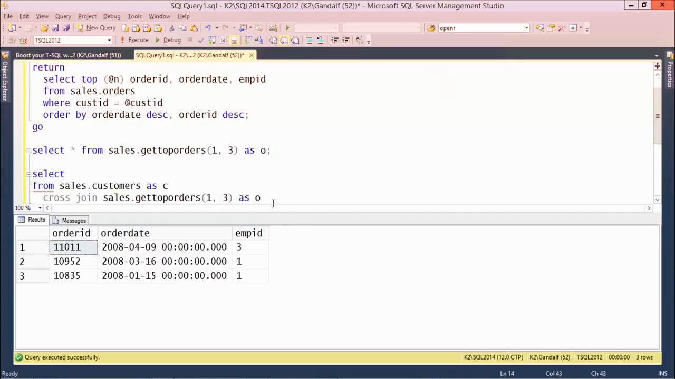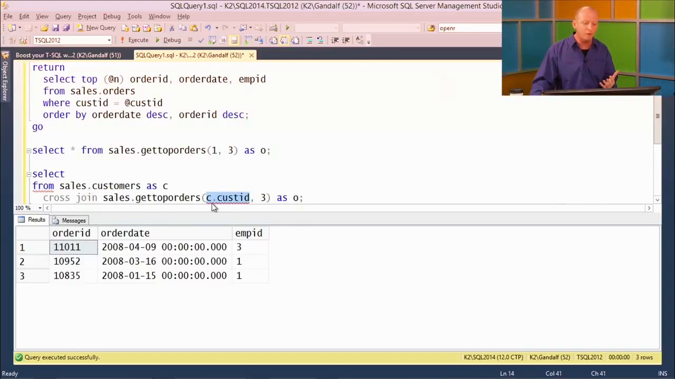Let's call it maybe O for order. So the inputs are supposed to be inputs that I'm collecting from the left row. So C.custID as the customer ID, and the number 3 in this case would still be the constant number. Why can't this work? Because this element I need to collect from the left row, and the left row therefore has to be evaluated before I'm activating the right